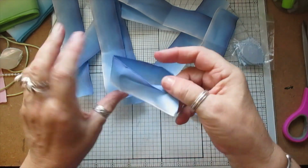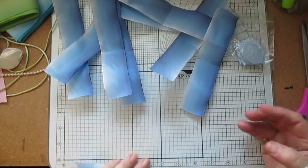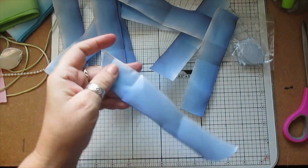So, this one measures 6, 8, 9 inches long. But you can do them as long as you want. It's completely up to you. I'm just going to take out the